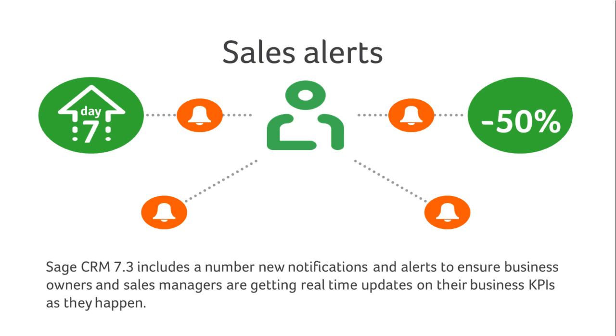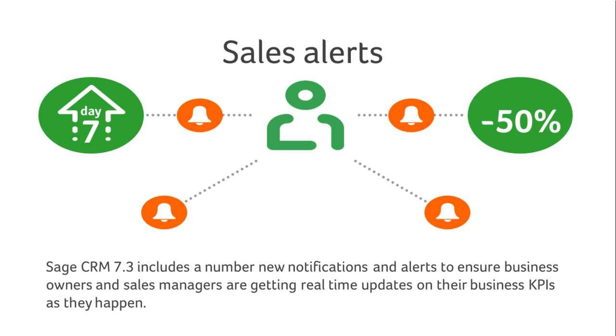What there will be is rules that provide, for example, a notification to the sales manager when an opportunity stage remains the same for 1 week, specifically when an opportunity stage remains at proposals submitted or negotiating for more than 7 days, there'll be an alert, or an email alert to the sales manager. Another is if a sales rep applies a discount that's too large, or a range of other alerts to keep users on top